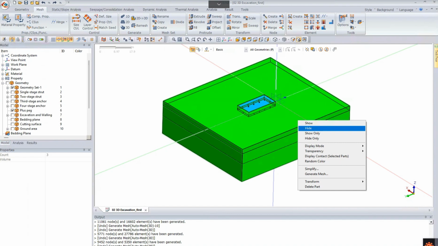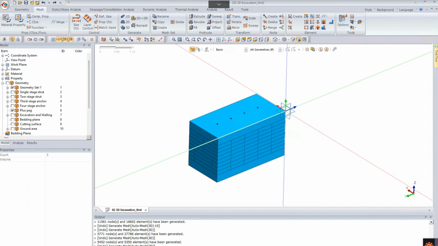So that's why we hide this first. Go inside the excavated area. So we will control the size in here first, and then we can mesh the outside area. We mesh in detail first. Remember it, and then